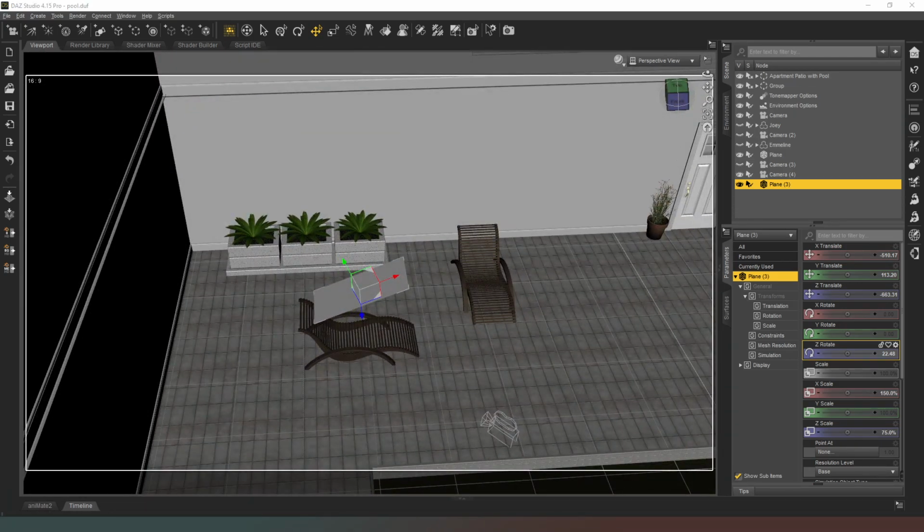So I'm getting my simulation settings. I'm actually going to increase the gravity to 1.1 and I'm going to reduce the wind resistance to 0.05 because I don't want it flapping all over the place like a bit of paper is. Essentially I just want it to drop where it lays. So now if we run the simulation,